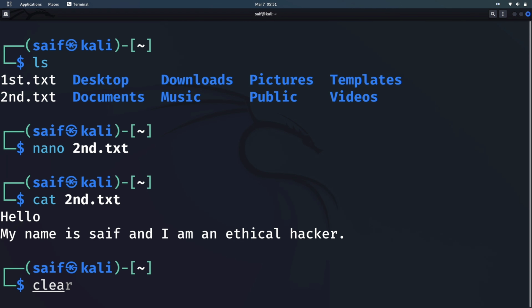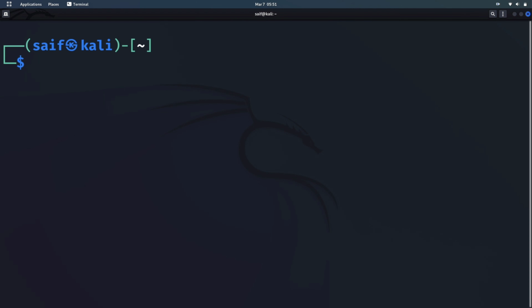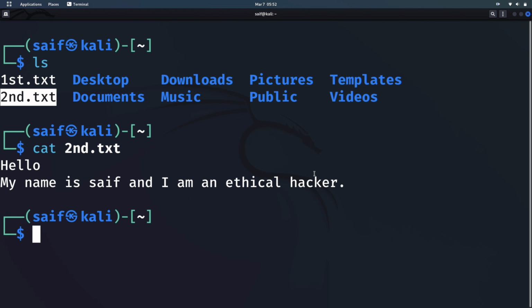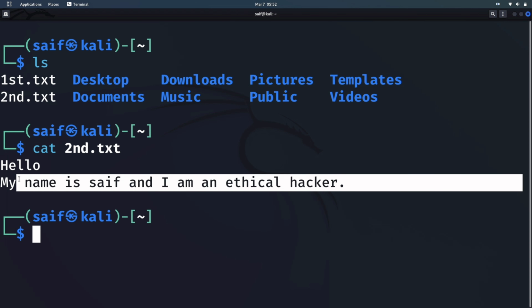So our command worked, and now moving to our next command, which is shred command. Now shred command is used to encrypt the data that is present inside that particular file. So for example, I have this second.txt file, and when I cat it, you can see the content inside that txt file.